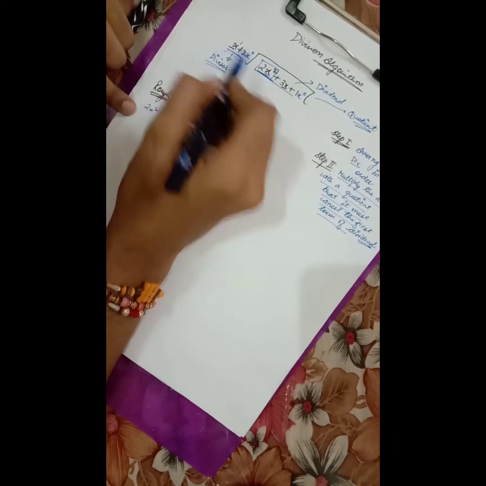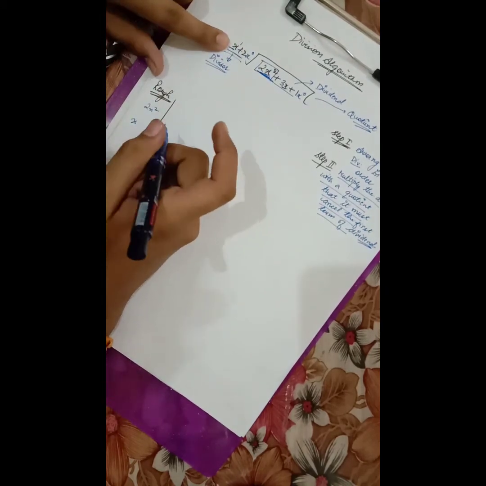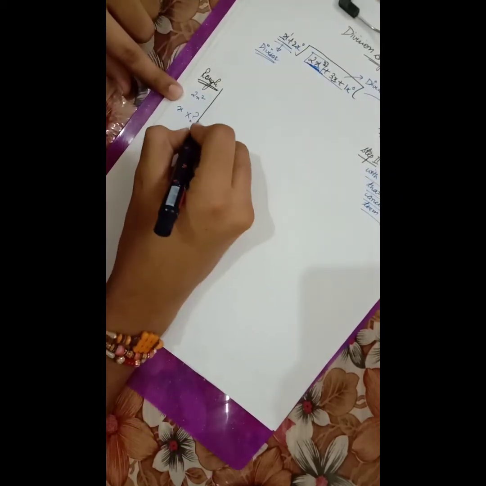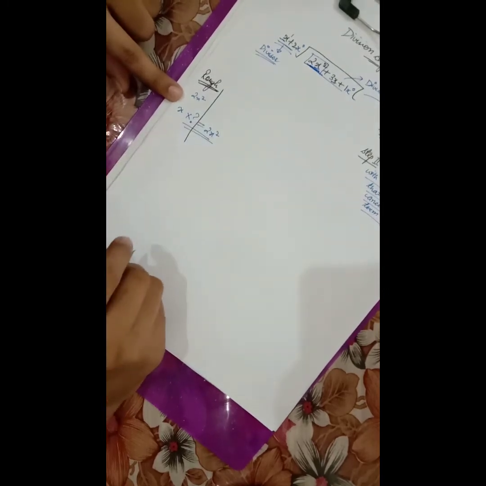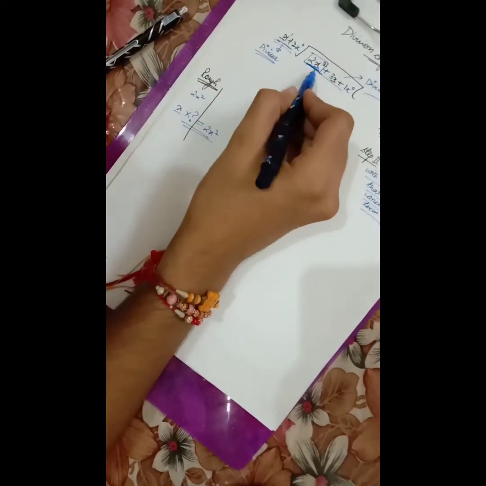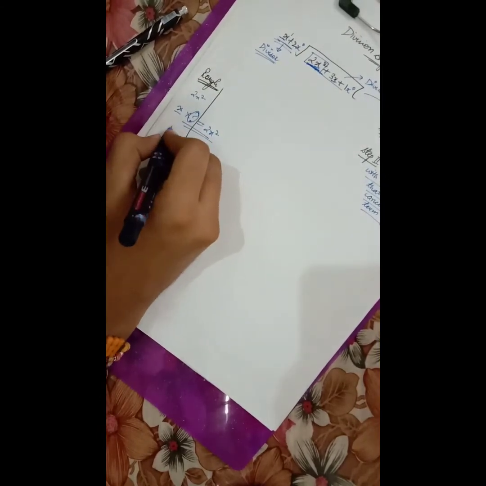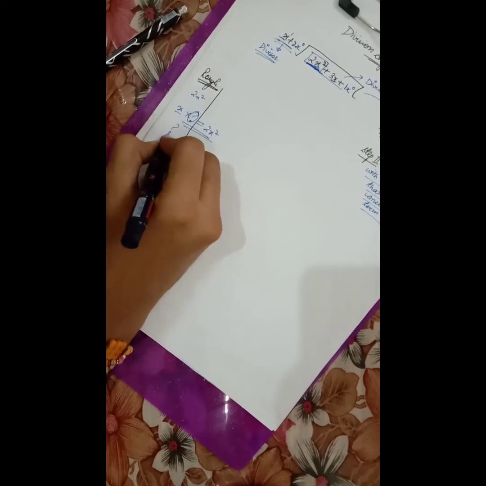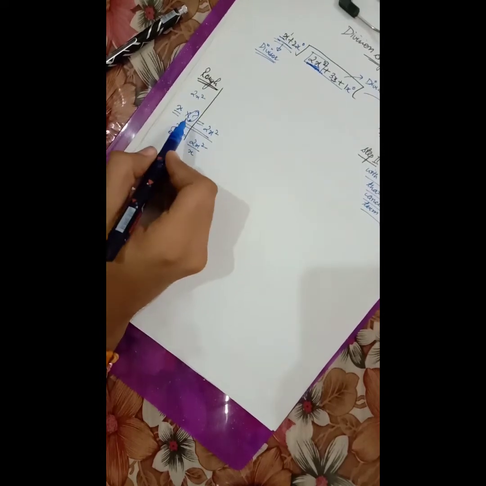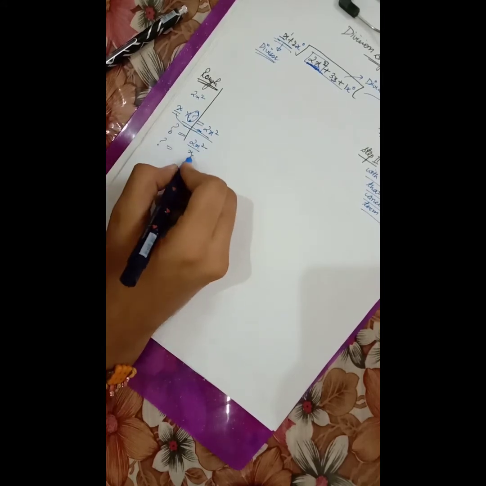So here the first term of the divisor is x and the first term of the dividend is 2x square. It means we have to multiply this x with something that gives us 2x square. We have to multiply the first term of the divisor with such a quotient that it gives the first term of the dividend, and we have to find that quotient. Now you may see we have to find this question mark. So it may be written as 2x square divided by x. This x is in multiplication with the question mark, so on the right hand side it goes into division. Then the question mark comes out to be 2x square divided by x.